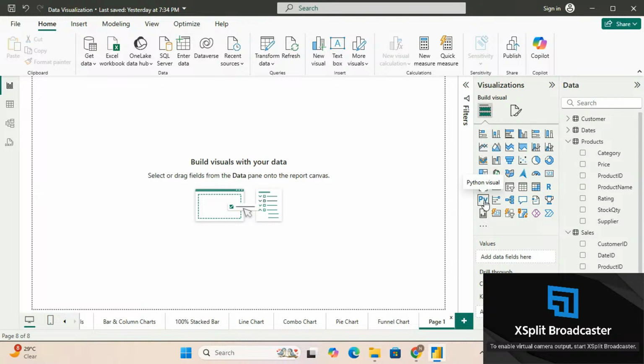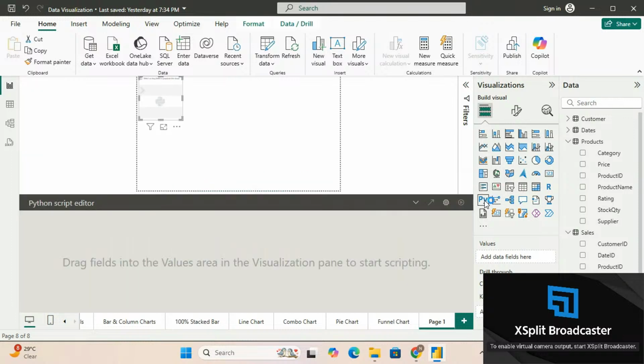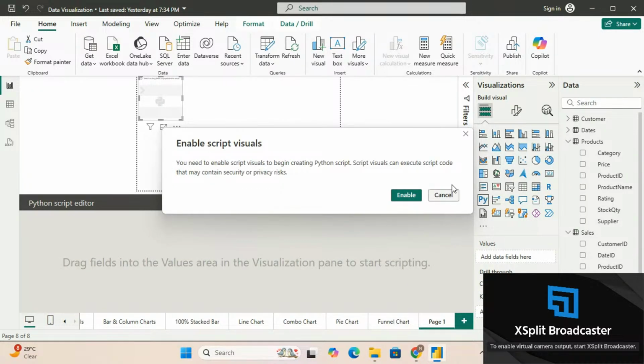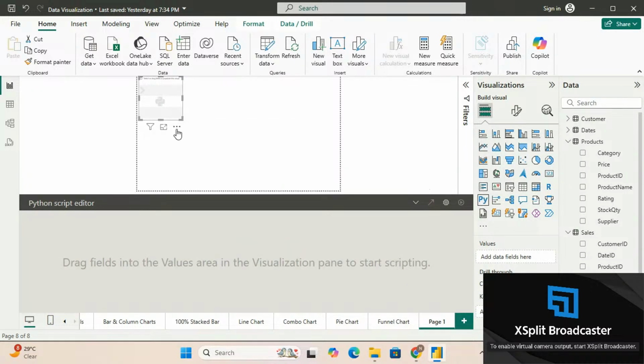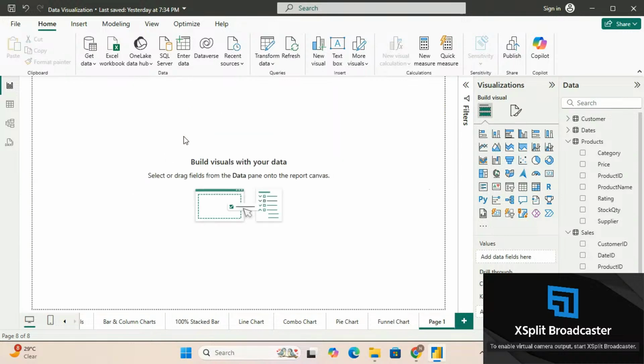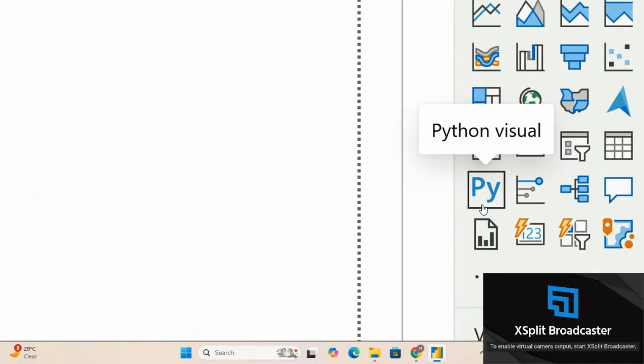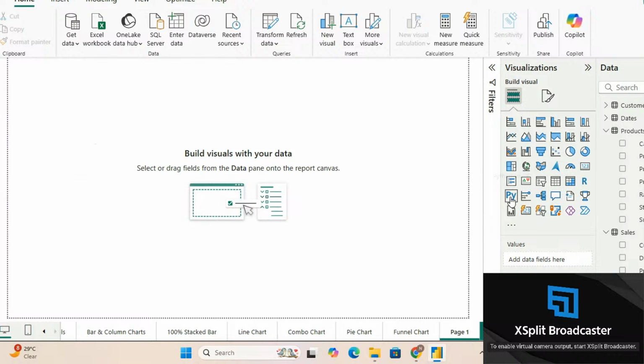In order to visualize a Python visual, I'll click on it. I'm loading the Python visual to the report. Observe, friends, this PY is representing a Python visual. So the moment I click on this visual,